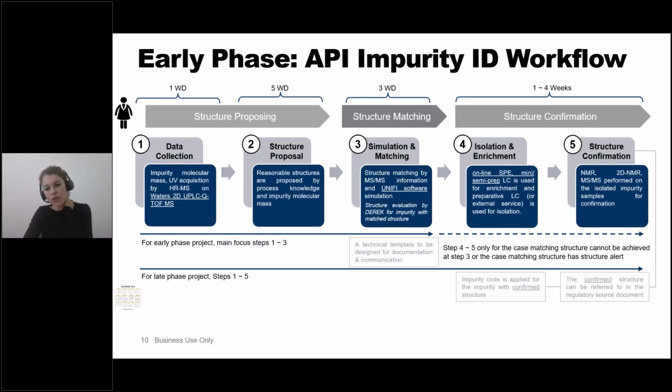Here we have different approaches. I would say that in the CSI team, we mainly go for semi-prep LC, although in some cases where that has not been possible, we've also used online SPE. And to that, we then would add the NMR, normally the NMR and MSMS on the isolated impurity for the structure confirmation. So as I mentioned already, for the early phase projects, the main focus is on those steps 1 to 3,